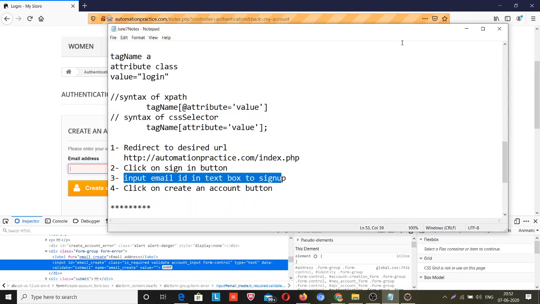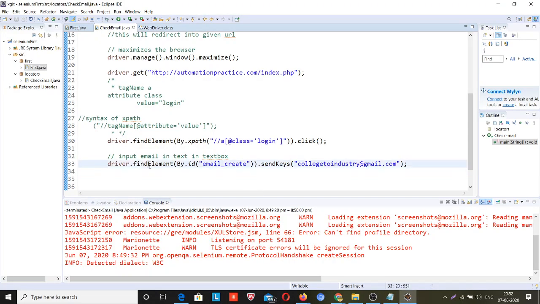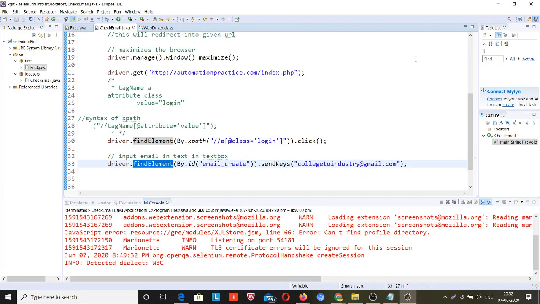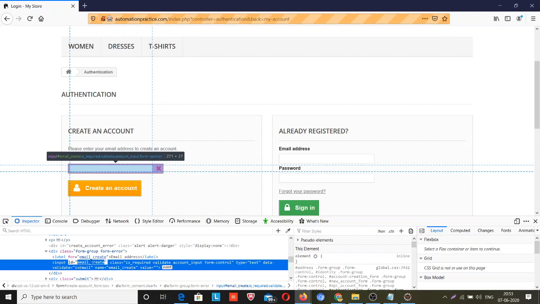This was my third step. So same thing I have done, that driver will be in this page, and driver will be responsible for finding this text box. So driver dot find element, and it will find by id, because email id is given over here.